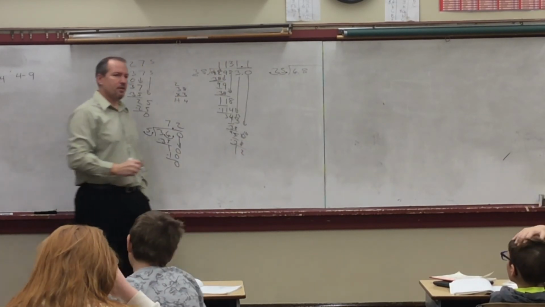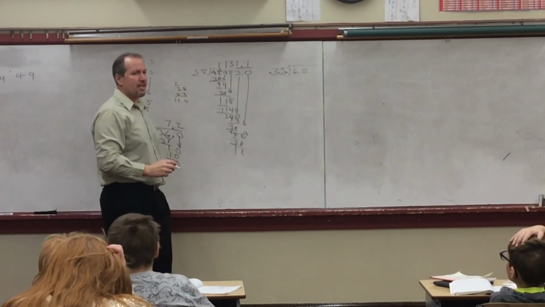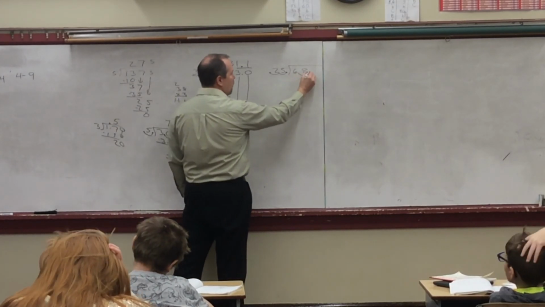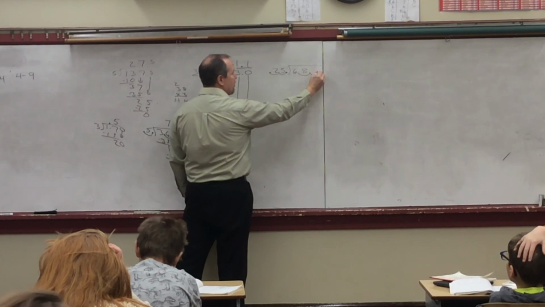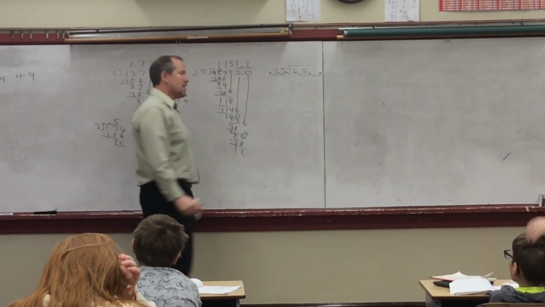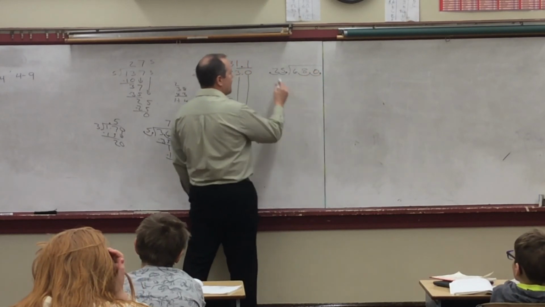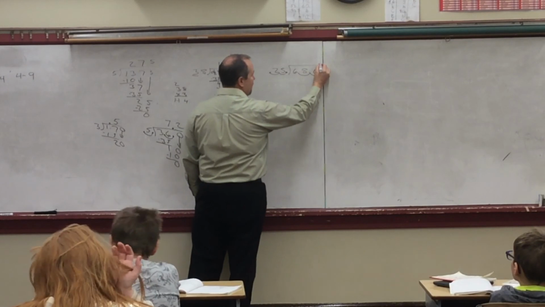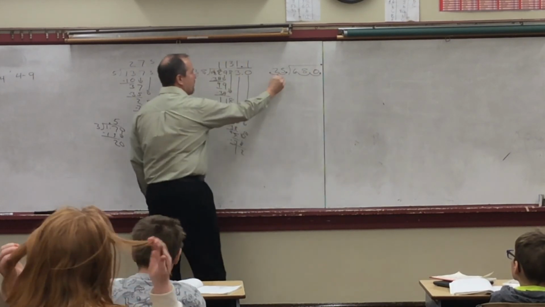So now what do I need to do? Aiden? Move the decimal in the dividend over 2 places. I need to move this 2 places. 1, 2. Since I moved it 2 places, we have an empty loop. What goes in the empty loop? A 0. And now, we divide like we normally would. Okay, first of all, we're going to move that decimal so we don't forget it. And now the first number that 2